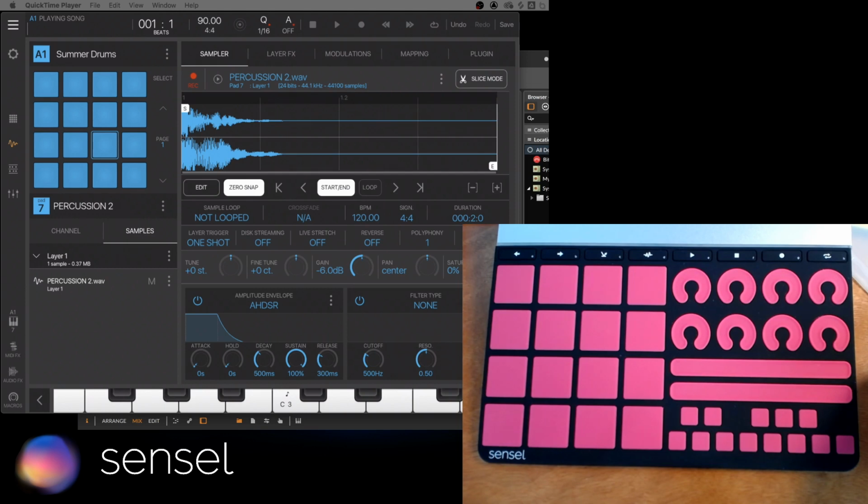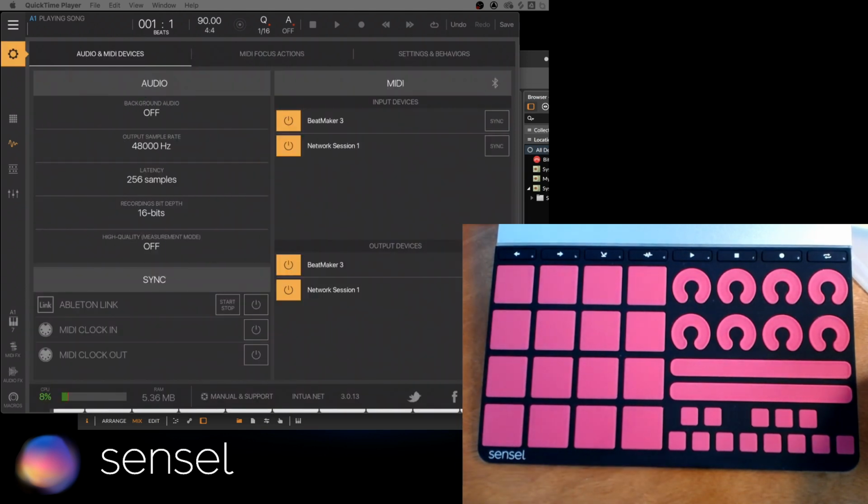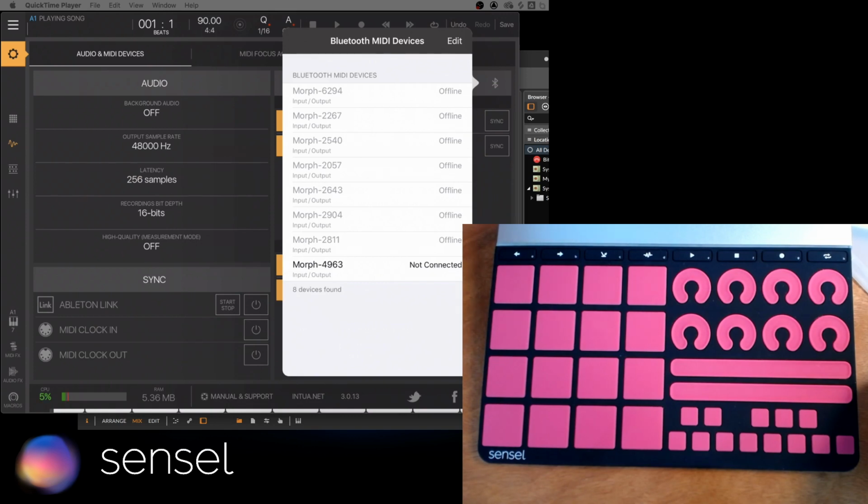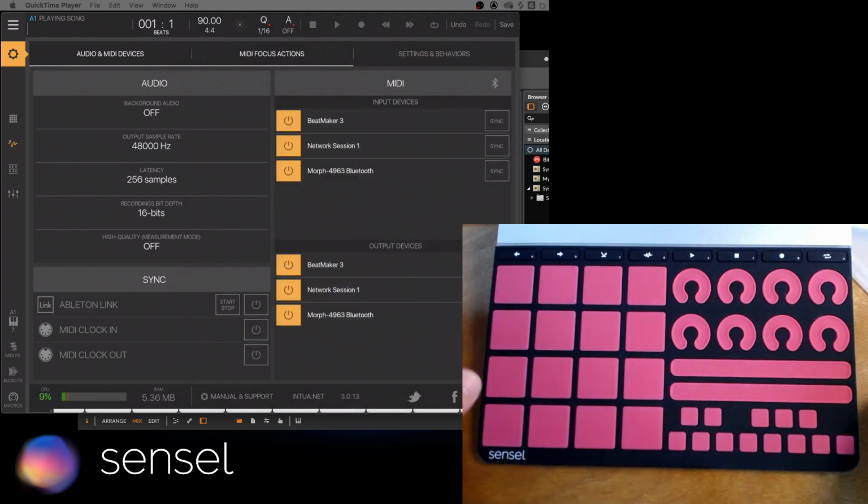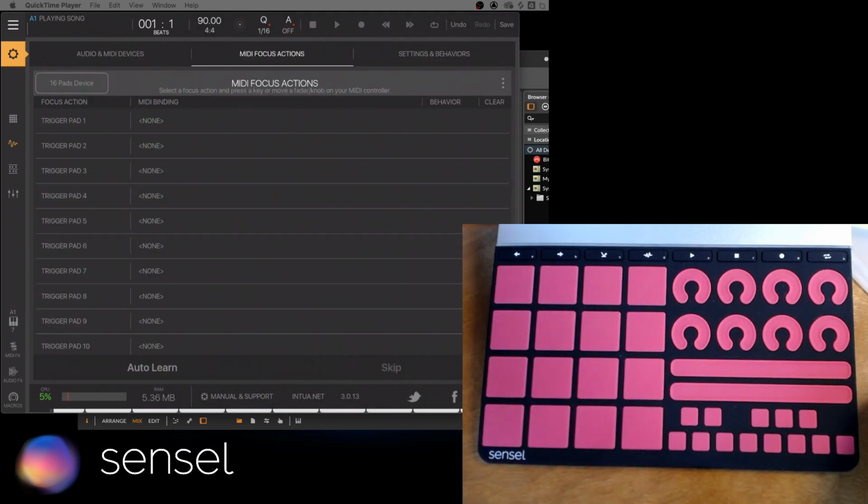Great, so I can play with the pads on the screen. That's nifty. I want to connect the Morph. We don't see it in the MIDI, so I'll connect the gears. I connect this little top right Bluetooth icon and connect the Morph. So now the Morph is connected, but in order for this to really work, we kind of need to set